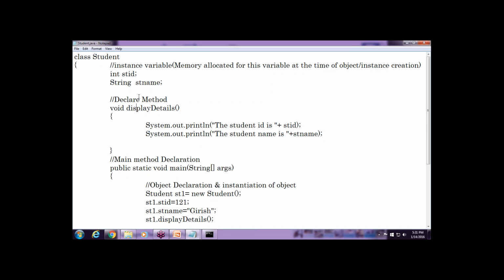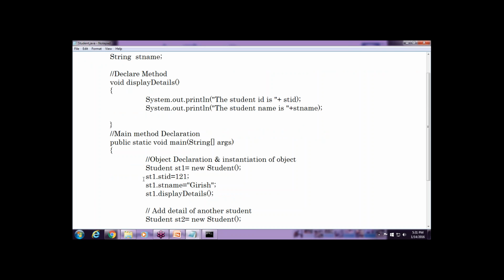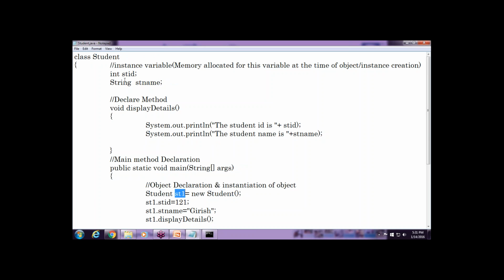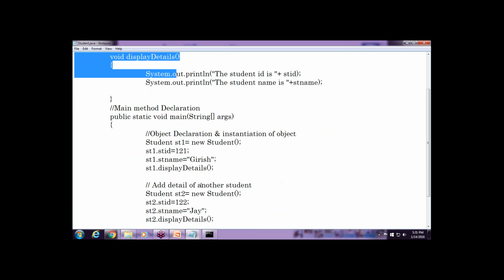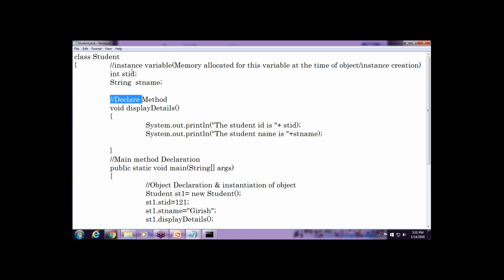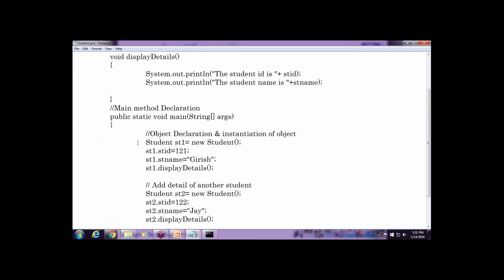While you are doing this, only then is the memory of your class created, and we are ready to access the members of the class using this object. See, student1.stid, student1 dot, using this object. This constructor takes values and stores them in st1. It stores your member instance variables and method declarations. So method and instance variable memory is allocated at the time of